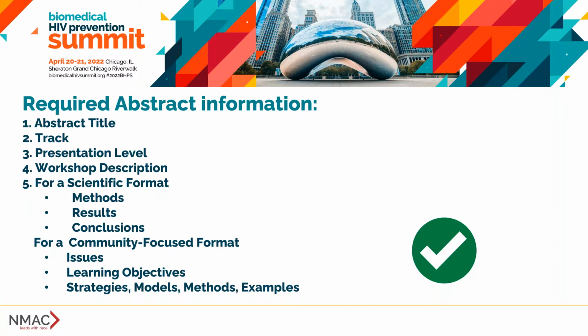And if you're submitting a community-focused format, you would need to submit your issues, learning objectives, strategies, models, methods, and examples. Upon entering the information, which you would have pre-written from part 1 of this presentation, you'll click Save and